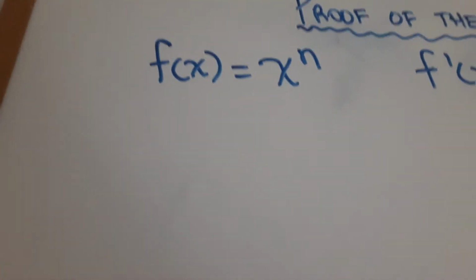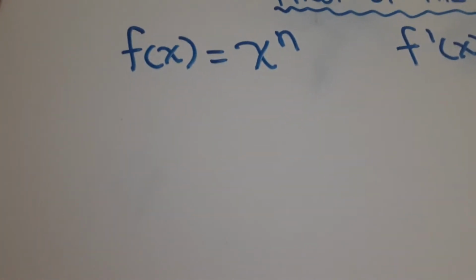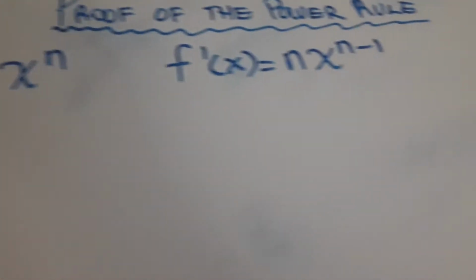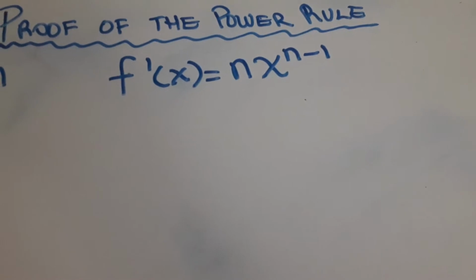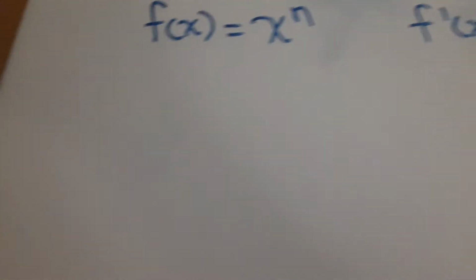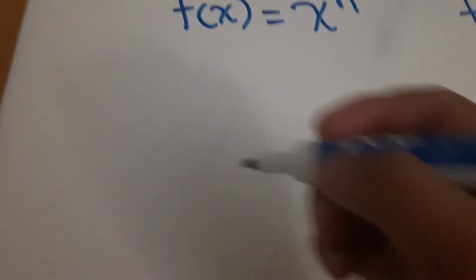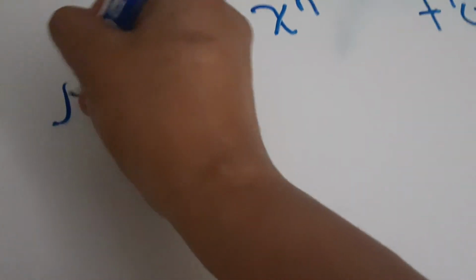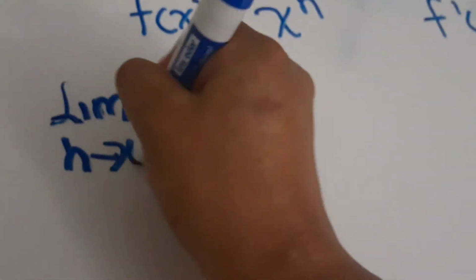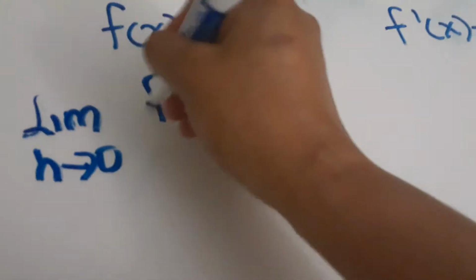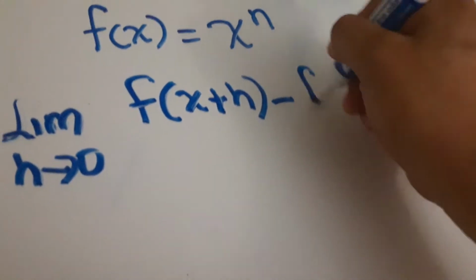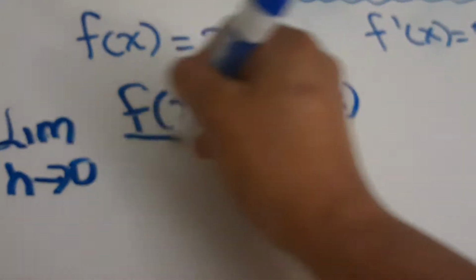The power rule definition says that if you have a function f of x that is equal to x to the n power, then the derivative of that function is going to be n times x to the n minus 1 power. All right? So let's put the limit definition of the derivative. It says limit of h approaching 0 of f of x plus h minus f of x over